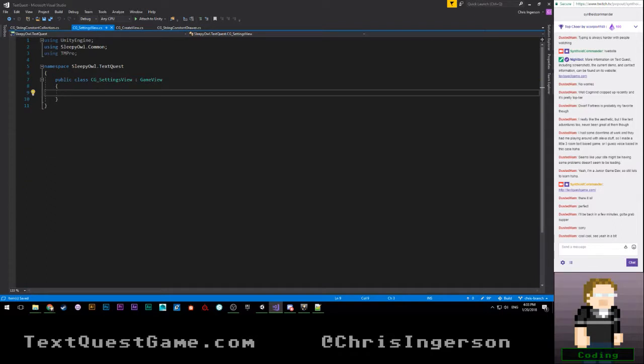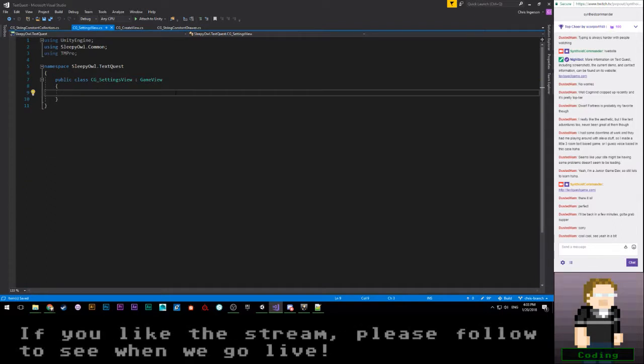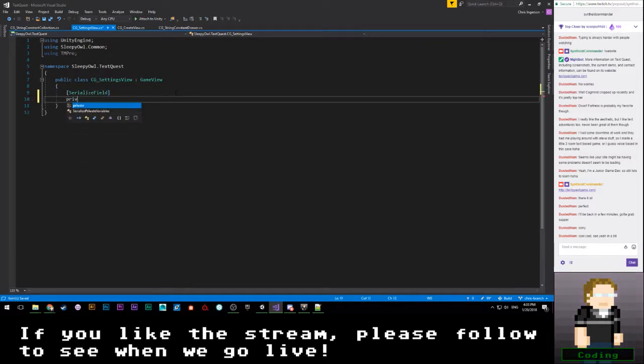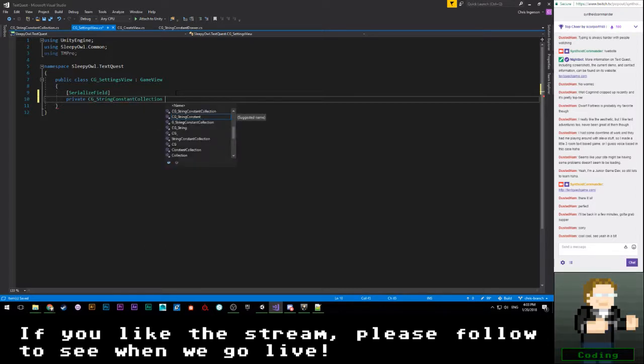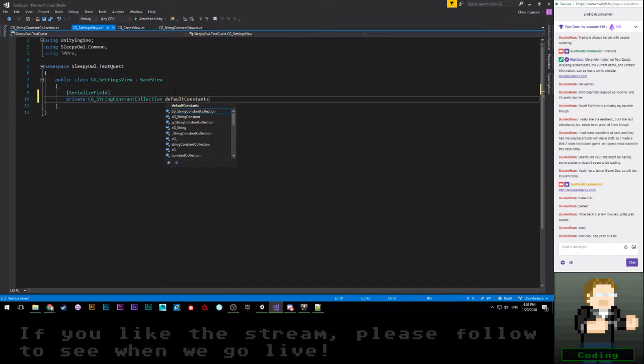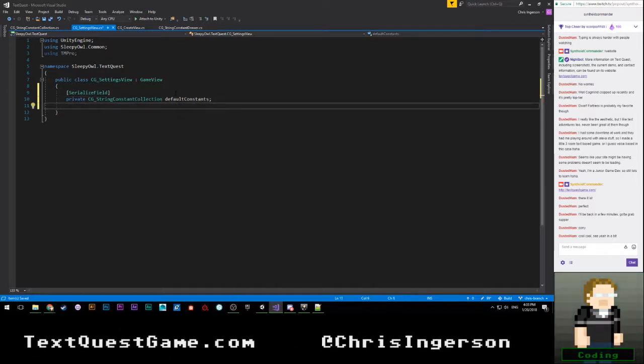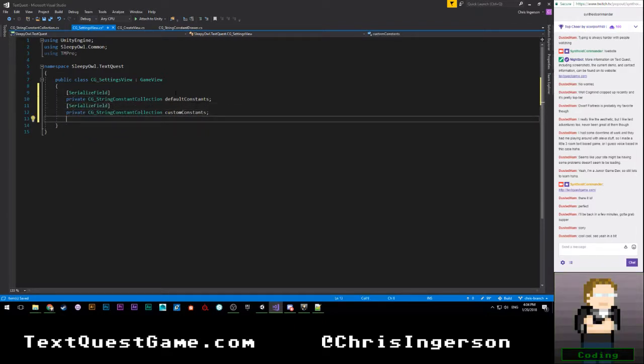So let's go back here to our settings view. We are going to have serialize field here. We're going to say private CG string constant collection default constants. Then we'll go ahead and say private CG string constant collection custom constants. Serialize that field. I lied.